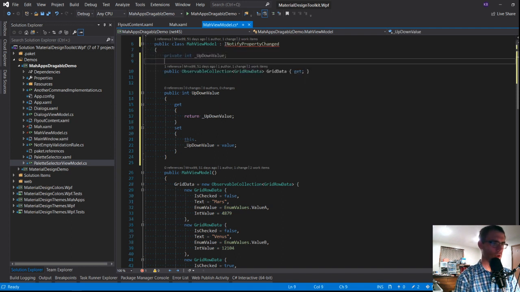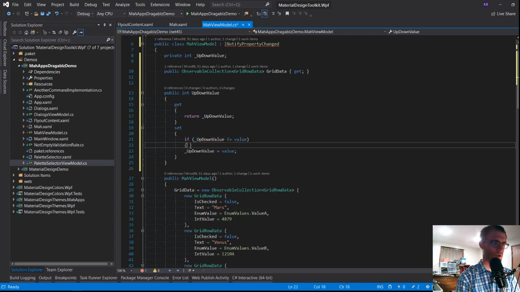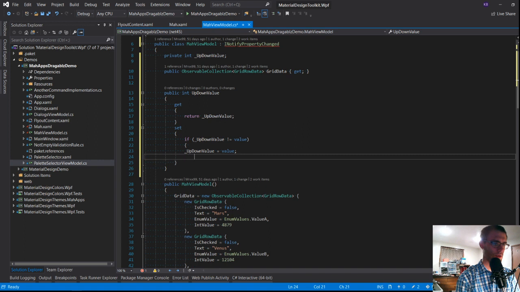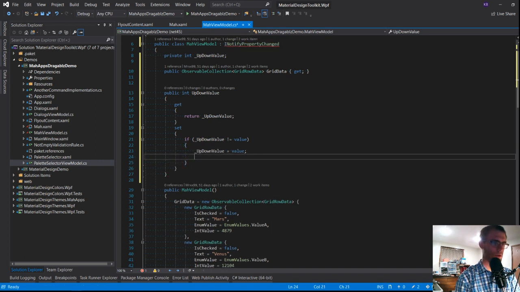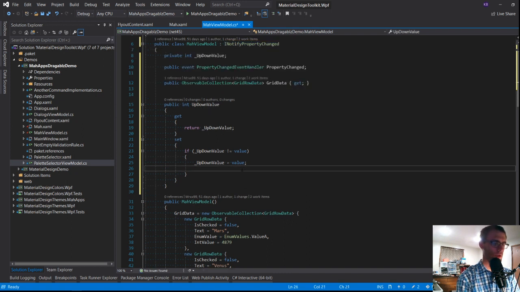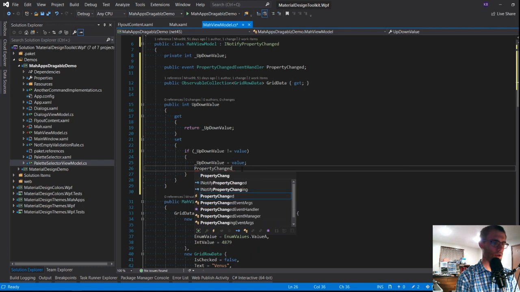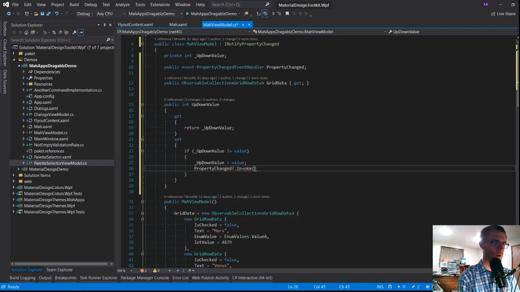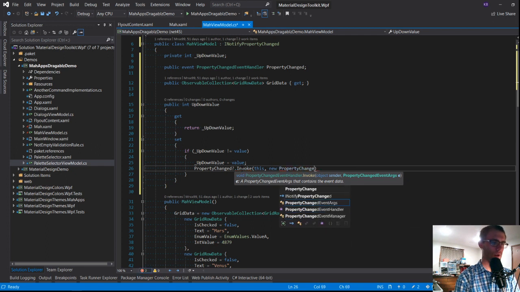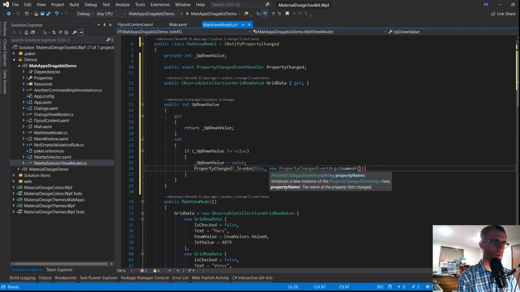We'll just do this the long way then. So let's see. If up down value not equal to value, do the set, and then raise the event, which needs to be added. Implement interface, please. So then you go PropertyChanged, invoke, pass the view model, and then a new PropertyChangedEventArgs with the name of the property.